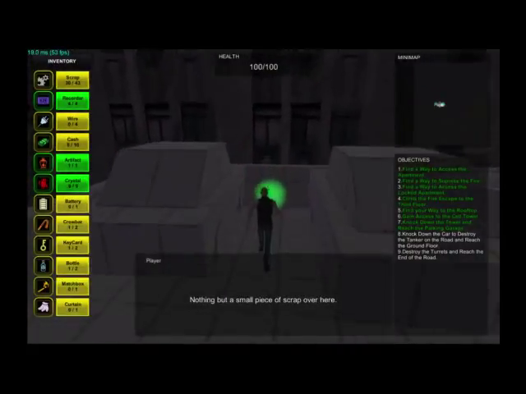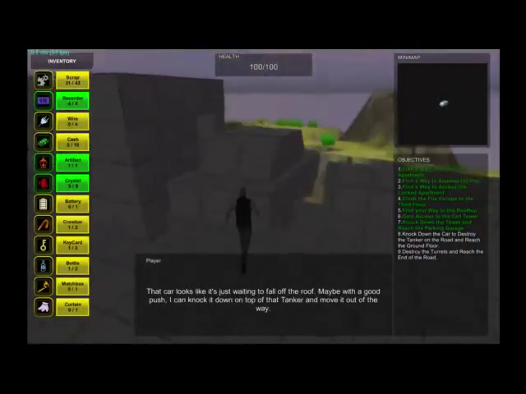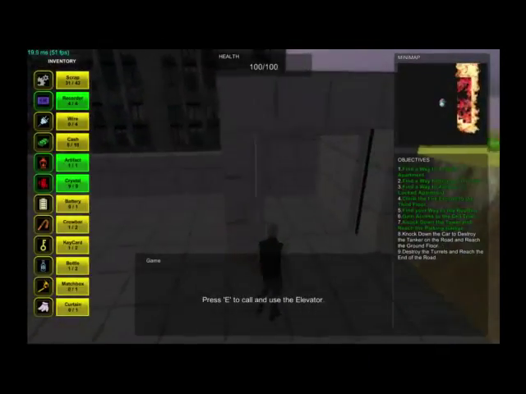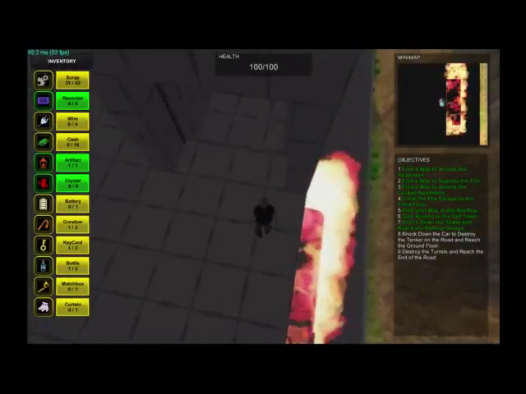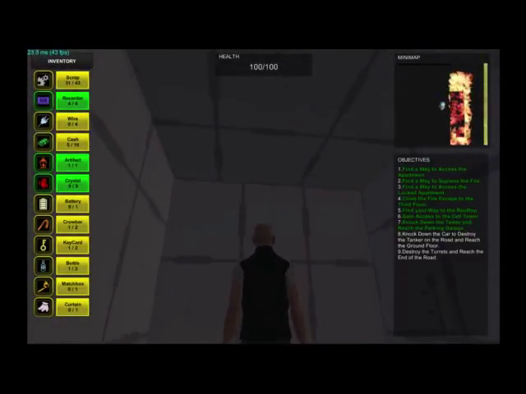Now, traversing across the parking garage, they'll notice a few pieces of scrap around right on the top. They'll also notice that there is a car dangling right over the edge, which they can actually push over just with the weight of their body and knock down onto the tanker truck, which was otherwise blocking the road down below. After opening up the elevator, they'll be able to ride it down to continue on to the very first floor